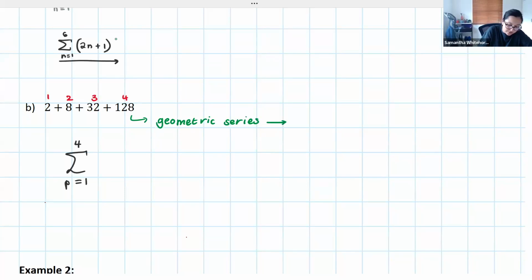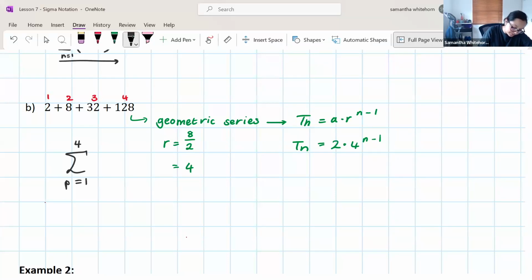Now, the Tn formula for a geometric series is Tn equals A times R to the power n minus 1. A, we know it's 2. R, we can easily work out by saying term 2 divided by term 1, which is 4. That's why I said we're timesing by 4 each time. So 4 to the power n minus 1. That's our Tn formula. And so when it gets back to sigma, we've got sigma starting at 1 up to 4 of 2 times 4 to the power